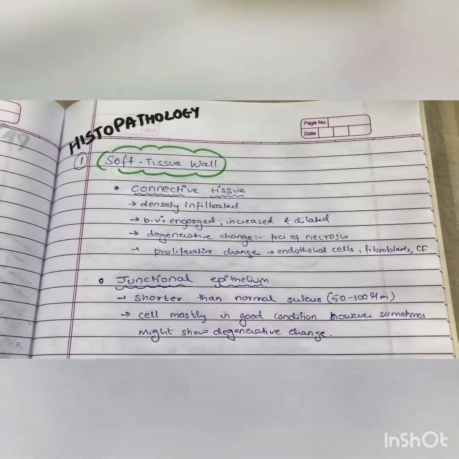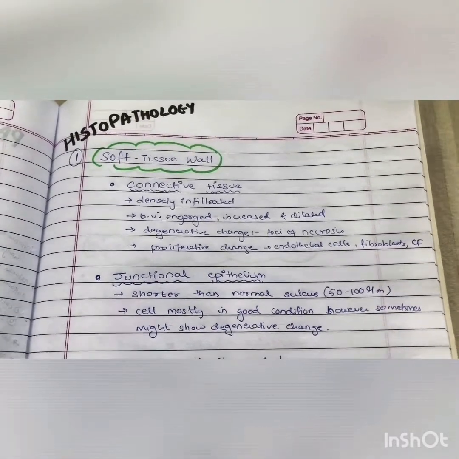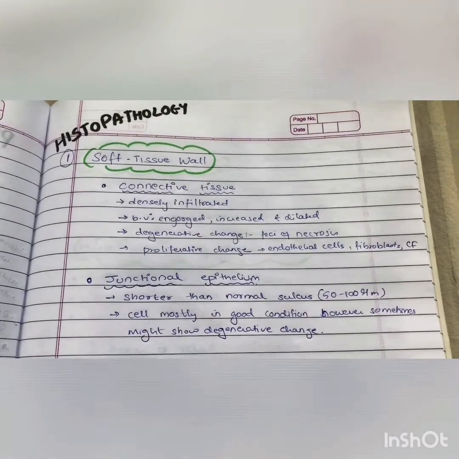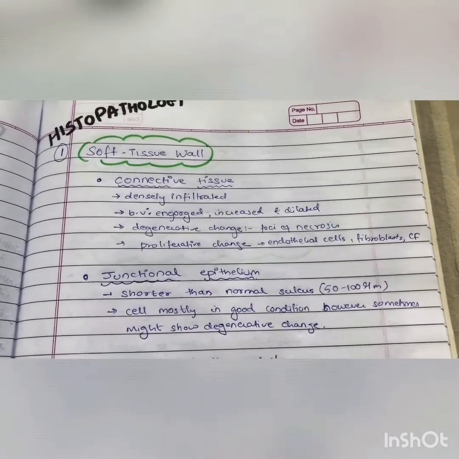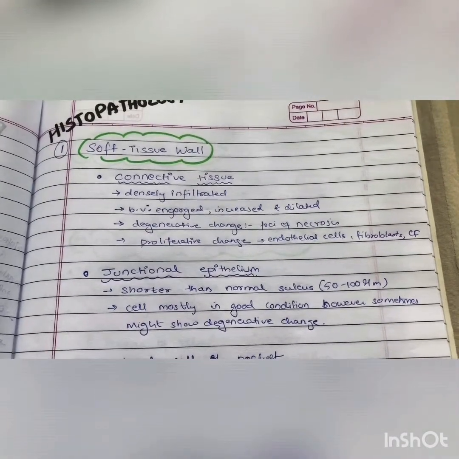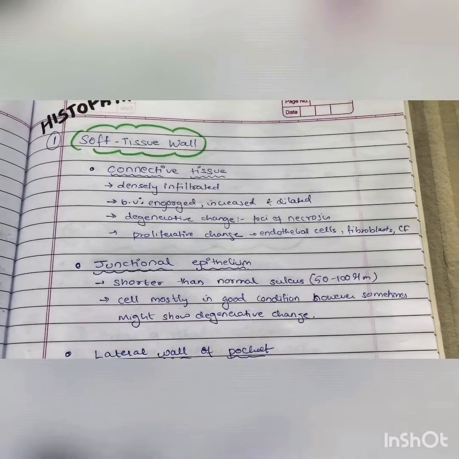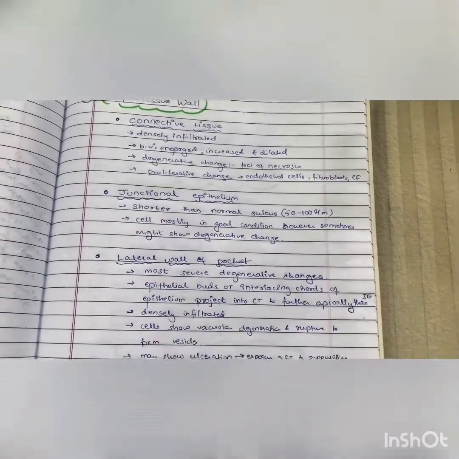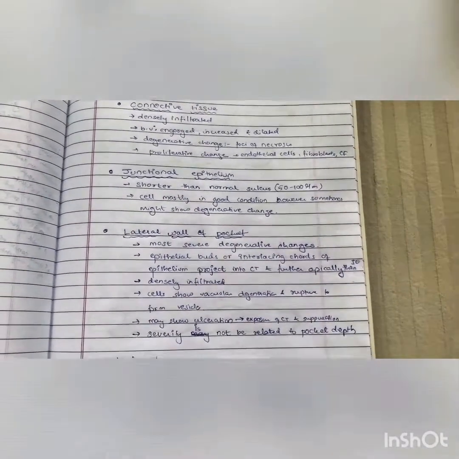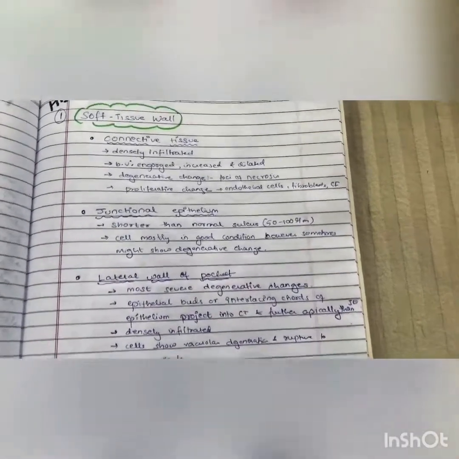Let's talk about the histopathological change of your pocket. Now, this is divided into two main headings: soft tissue wall changes and your root surface changes. In your soft tissue wall, one has to discuss the changes in the connective tissue as well as the epithelium. And as epithelium histologically is divided into three types, that is your junctional, sulcular and outer, similarly, when you are discussing the pocket, we have to discuss all three types of epithelium.